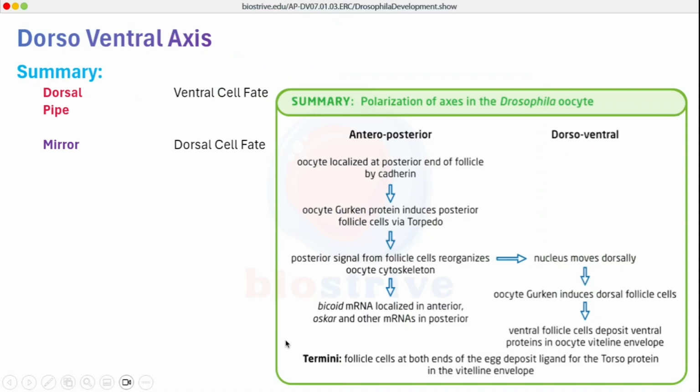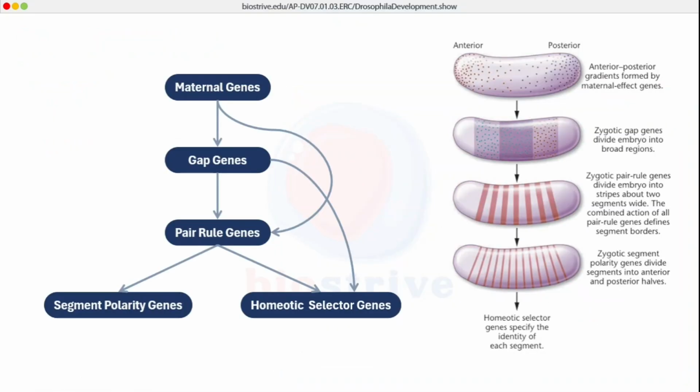In summary, we can say that the mirror protein acts as an inhibitor of pipe and brings about the dorsal sulfate, whereas the dorsal protein brings about the ventral sulfate. Pipe helps this dorsal protein bring about the ventral sulfate, as we saw in the previous diagram. This is the summary of polarization axis in the Drosophila oocyte. We already talked about the anterior-posterior axis determination as well as the dorso-ventral axis determination along with mutant sulfates. Now we will move on to another important topic,